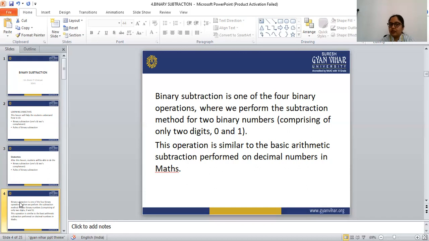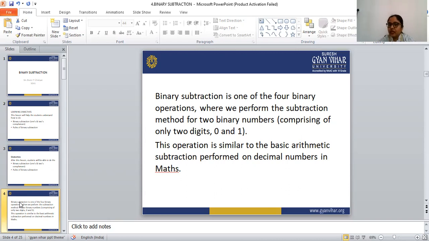Binary subtraction we can do by three methods. For the normal binary subtraction, we have to remember that there are four rules. If we are talking about binary subtraction using the ones complement method and the two's complement method, there are two rules. With the help of the ones and twos complement methods, we have to remember some points, and we will discuss in today's class what rules are present in binary subtraction.